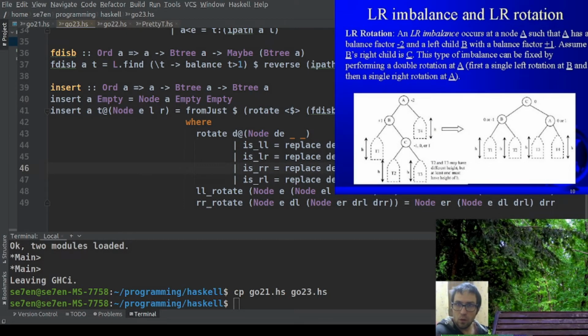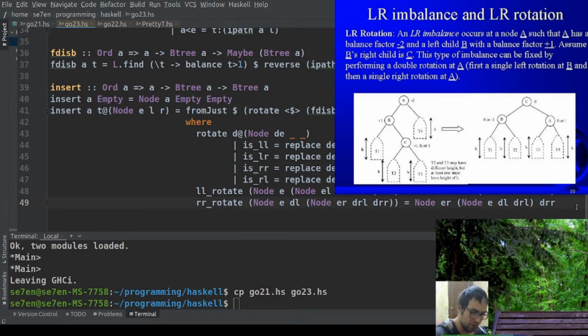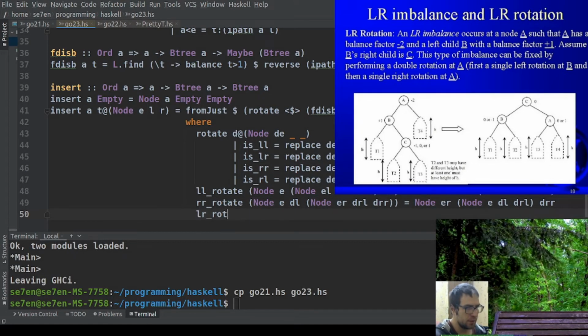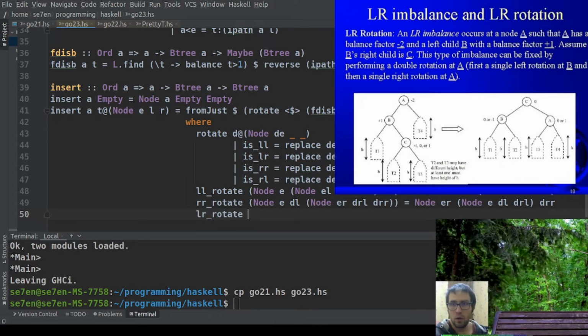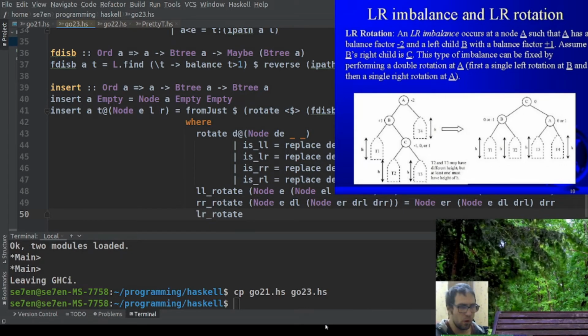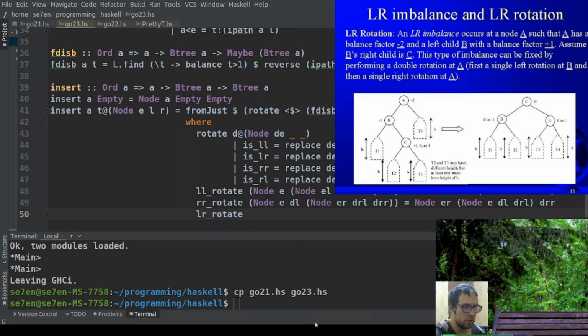Okay, now let's go to the more complex rotation, left to right. When we have a left to right imbalance, how do we rotate in this case? We need to do more pattern matching here, as you can see. So let's do it. At first we need to pattern match our main root with the element E, and